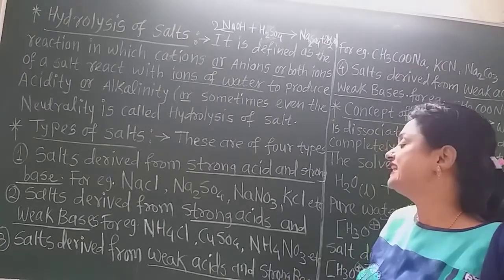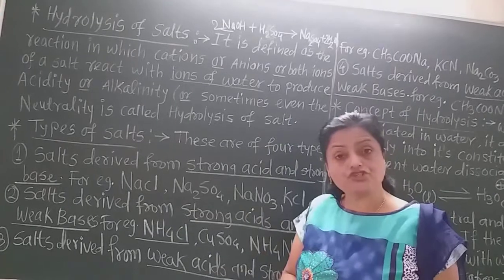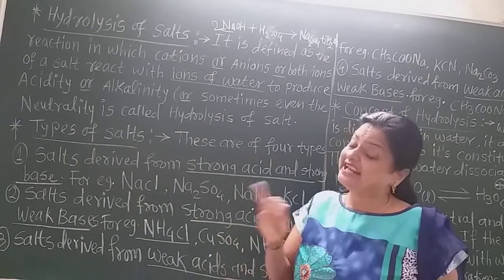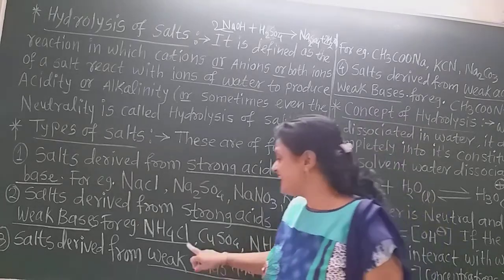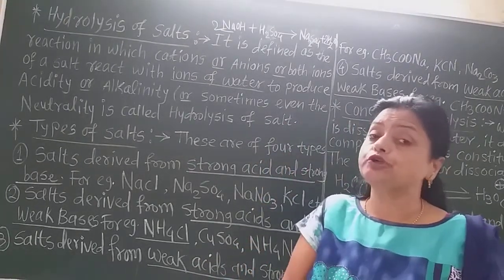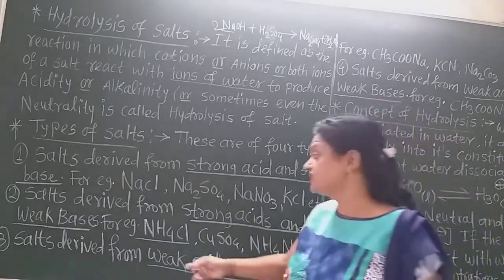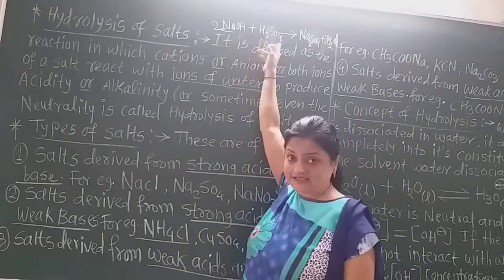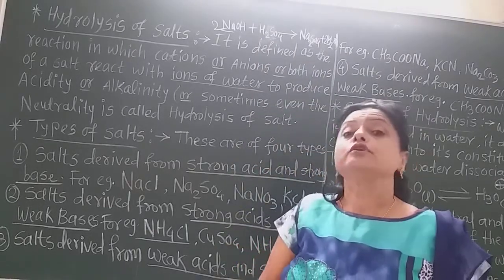Now the best example is NH4Cl. We know that NaOH is a strong base, but NH4OH, ammonium hydroxide, is a weak base, and HCl, hydrochloric acid, is a strong acid. So the salt of strong acid HCl and weak base NH4OH is NH4Cl. Here is NH4OH, here is HCl, and there is formation of NH4Cl, which is the salt of a strong acid and